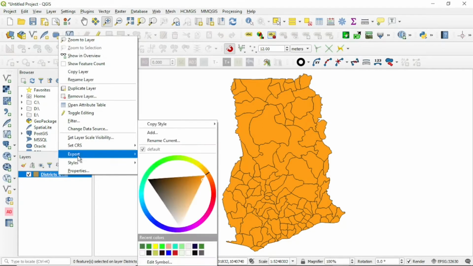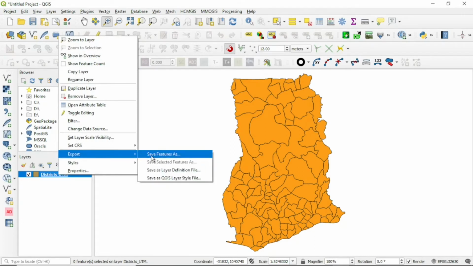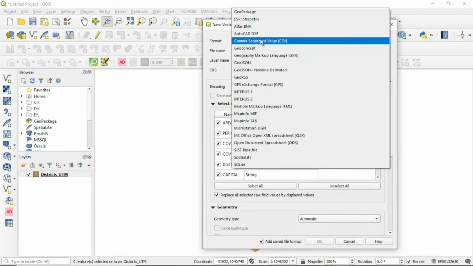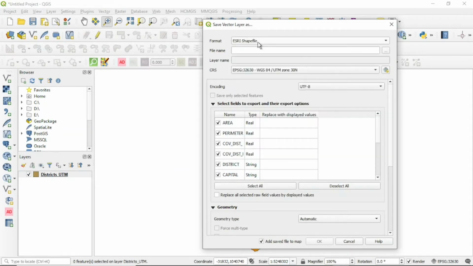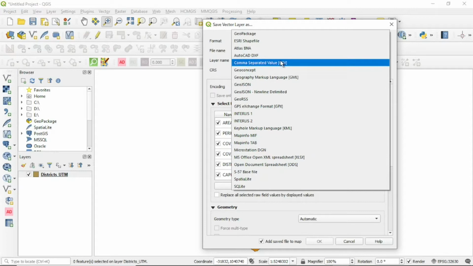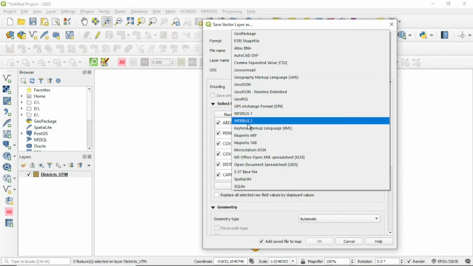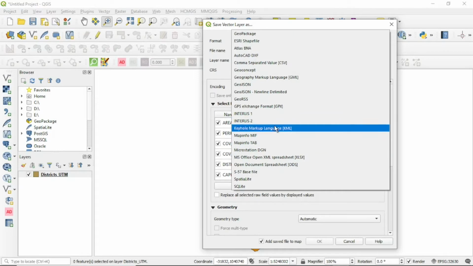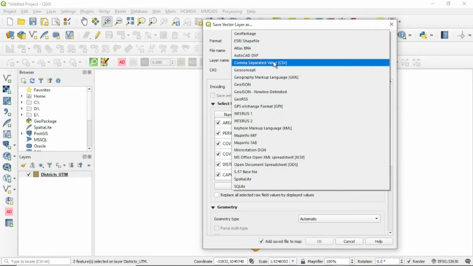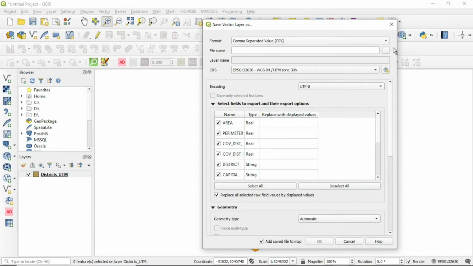So you right click on your district layer, you go to export, then you go to save feature as. And then here, you can choose to convert from shapefile to a different format. You have the CSV, you have the GeoJSON, you have the KML. KML is if you want to open your data on Google Earth. So in our case, we'll be going for CSV. So click CSV, and then here